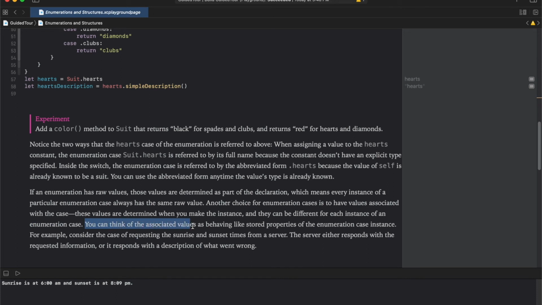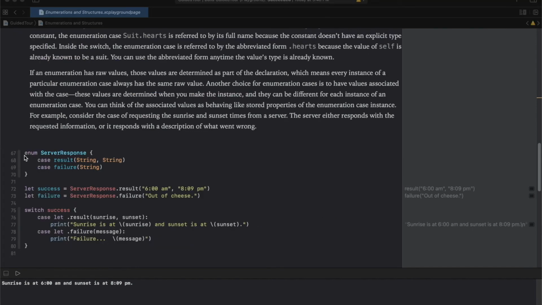You can think of the associated values as behaving like stored properties of the enumeration case instance. For example, consider the case of requesting the sunrise and sunset times from a server. The server either responds with the requested information or it responds with a description of what went wrong. Here is the code for the example.